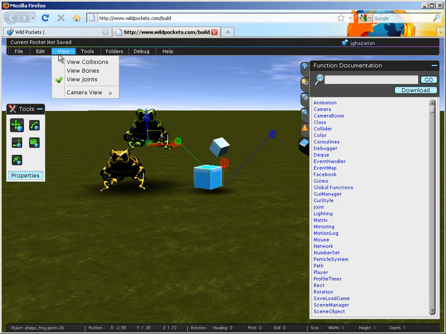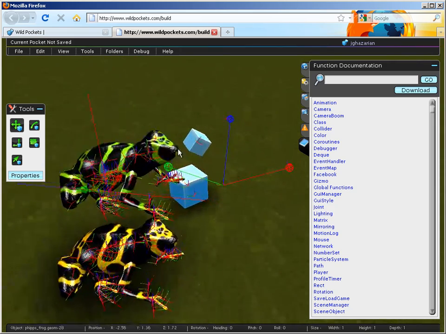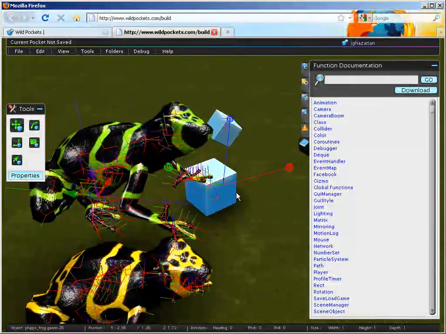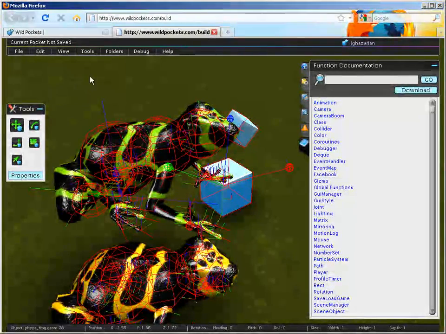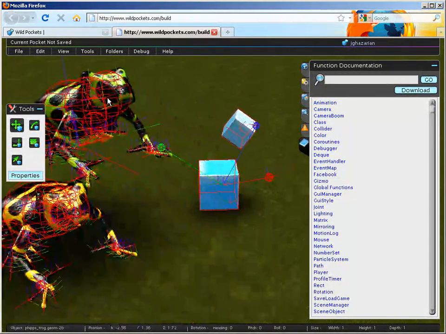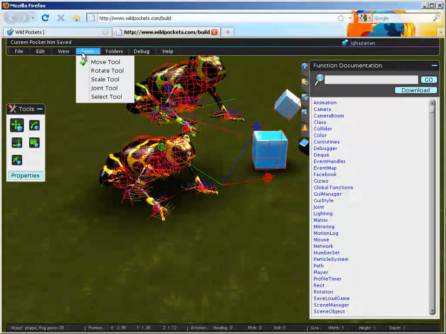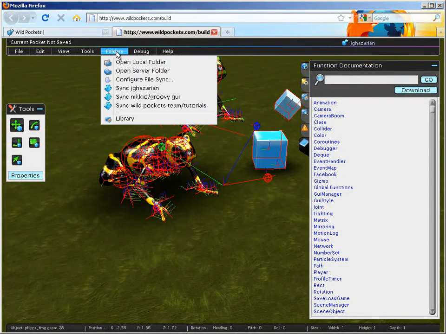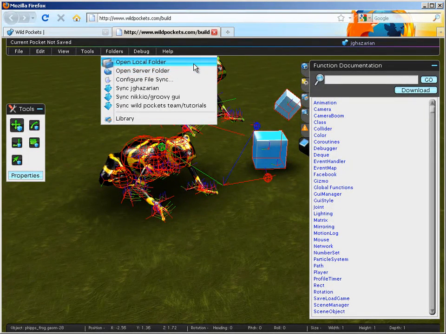View gives you certain options such as viewing bones, which now you can see this shows that this frog was rigged to be animated because it has a lot of bones here. You can also view collisions, and you can see that the frog has had collisions made for it, so it is ready to be put into a game and it won't fall through the world. You can also go through the move tools from here, and in folders you have the interesting options of accessing